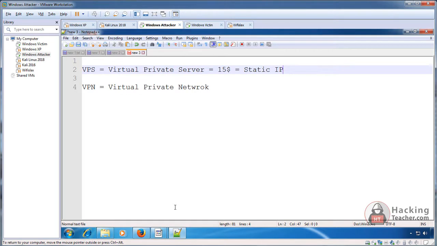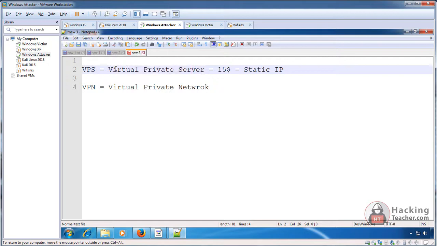But we are the people who do not use it for website hosting, we just use it for the hacking perspective. We just put RAM cost there and we start hacking from there. According to me, VPS is more safe because you are not using your computer to hack. You are using some other computer somewhere running in Russia or China to hack somewhere else. And its IP never changes. So your IP is daily changing, doesn't matter.